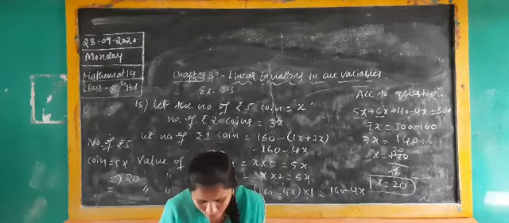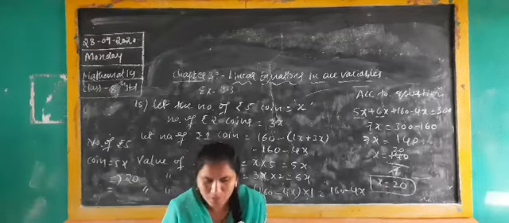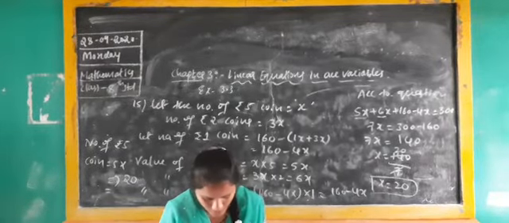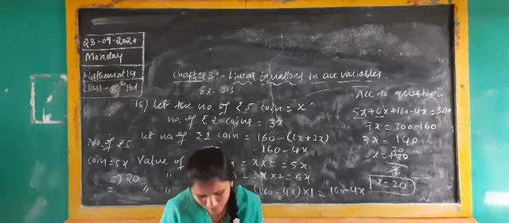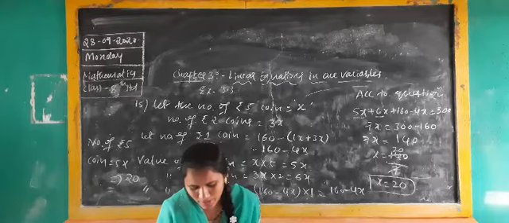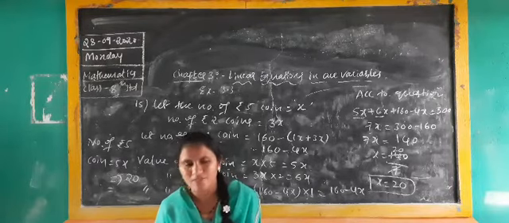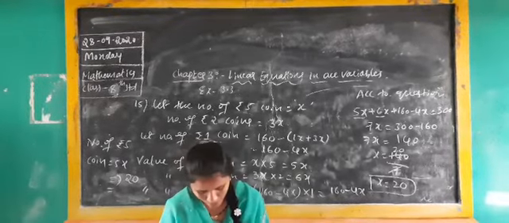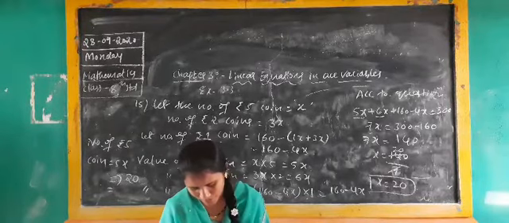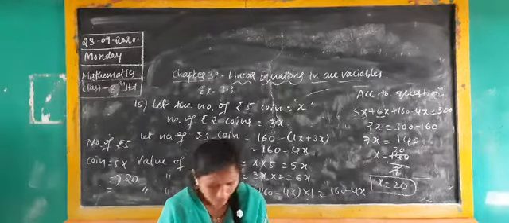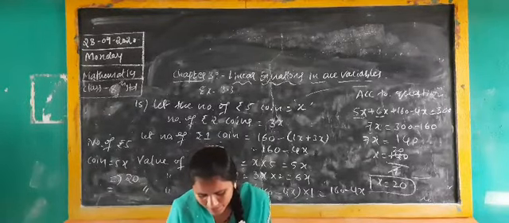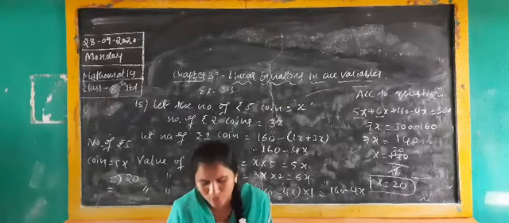And also the total money given to the winners: here 100x you have to take, because rupee 100 prize money they get, that's why 100x. The total money given to the participants who did not win: you have to multiply, 25 into 63 minus x. According to the question, we are getting 100x plus 25 into 63 minus x is equal to 3000.